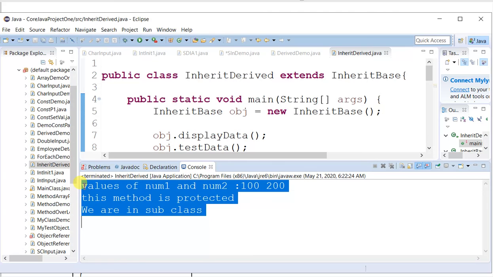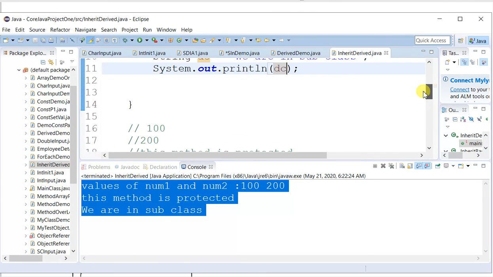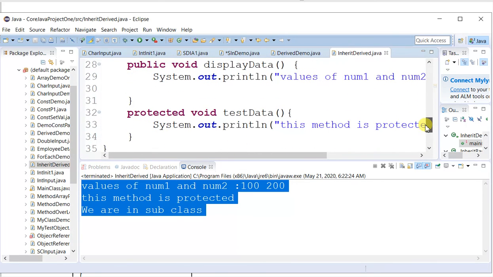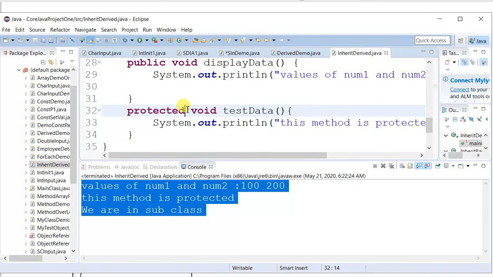We need to remember static members are not inheritable and private members are not inheritable. How can I say private members are not inheritable? Let me just change the access specifier for a member from protected to private.